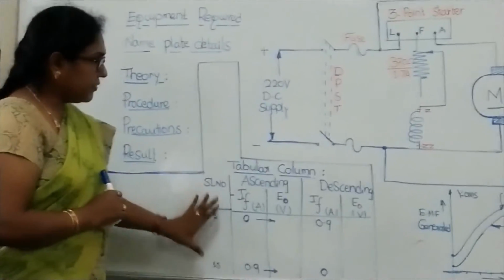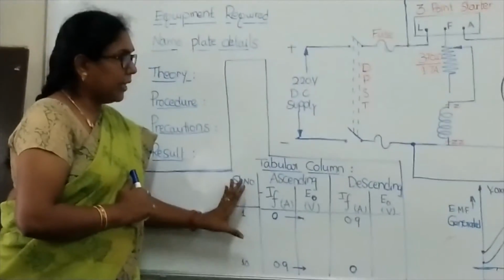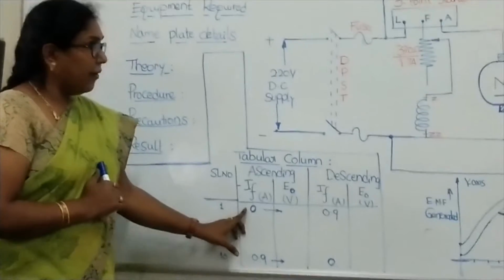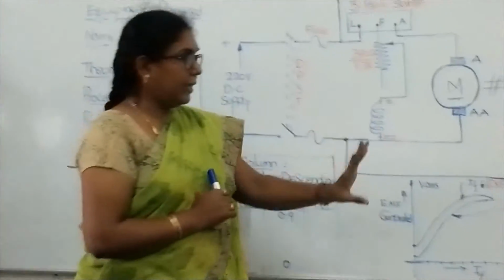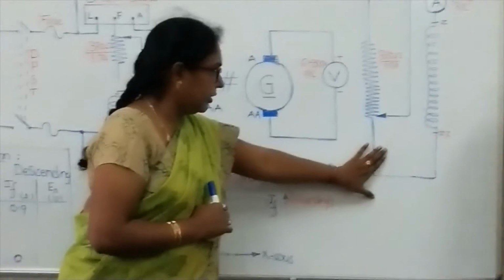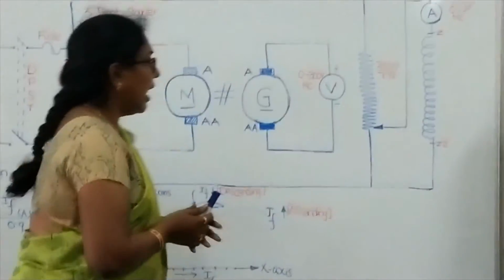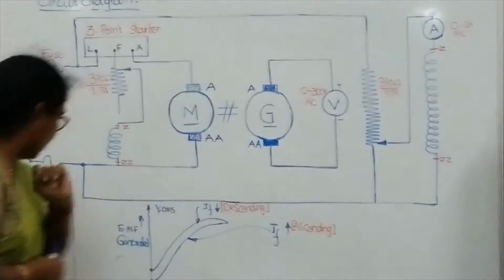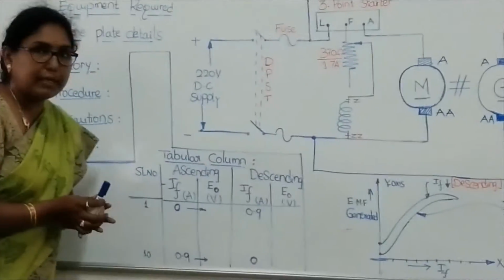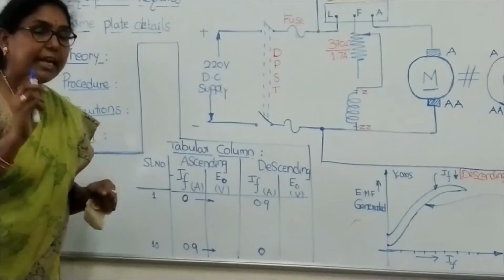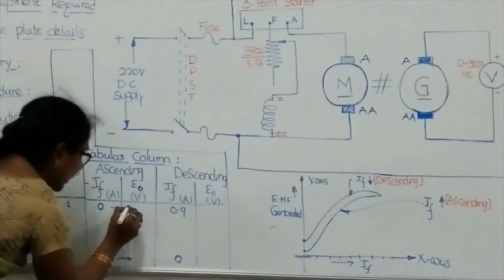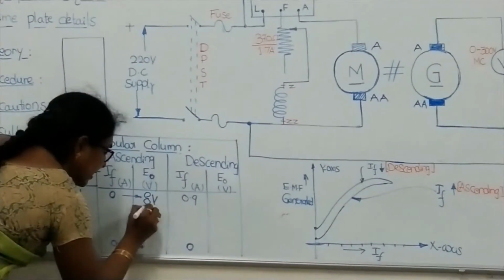Right. So for this, first, what do I have to do? The first thing I am going to note here: let us assume the field current is 0, that is, the potential divider is at the 0 voltage position and the field current of the generator reaches 0 amperes. When it is 0 amperes, there will still be some voltage read by the voltmeter. Let us suppose it is around 8 volts.